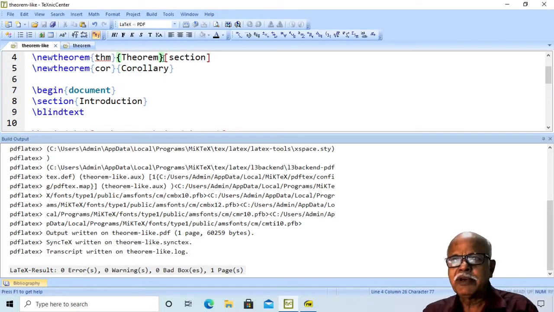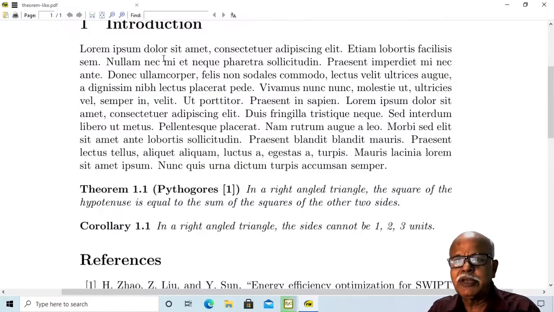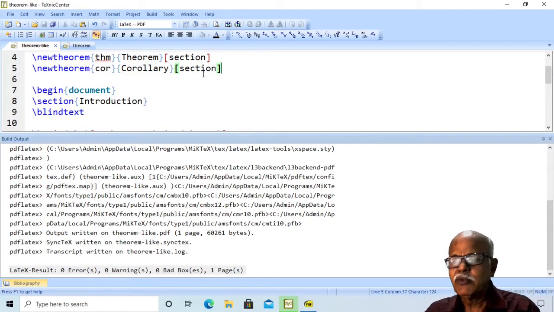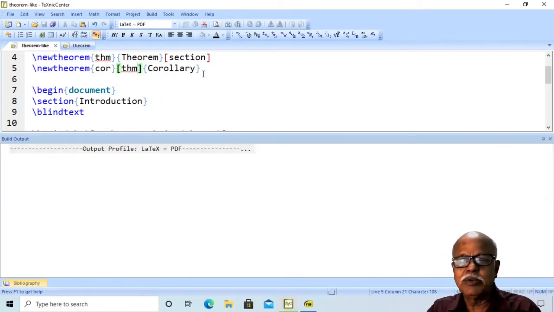Again, for corollary also, if you want section wise, you can have it. However, if you are going to be confused with 1.1 assigned both for theorem and corollary and would like to use the same counter for theorem and corollary, what you can do is, here in between these two square brackets, you can give the thm counter.